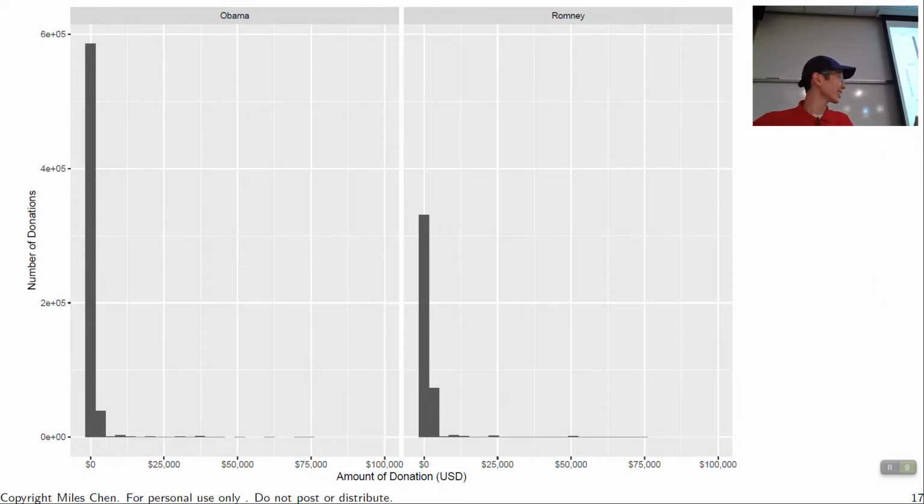Let's just pause for a second. This is not necessarily data visualization. What are some of the differences between the mean and the median? Yeah. The mean is not outlier resistant. If there's outliers, it's going to skew the mean by a lot, whereas the median is resistant to outliers. Okay, so that is a key difference.